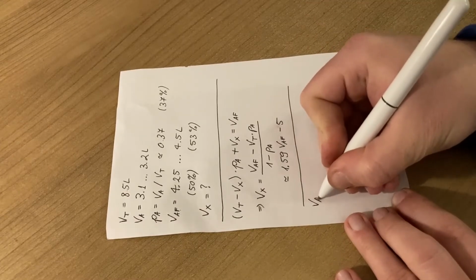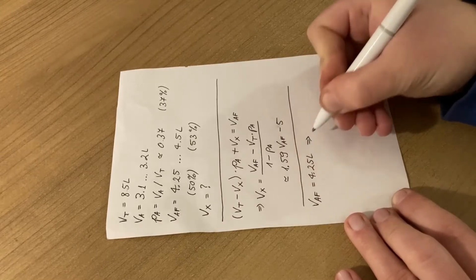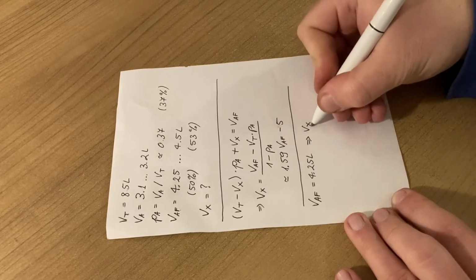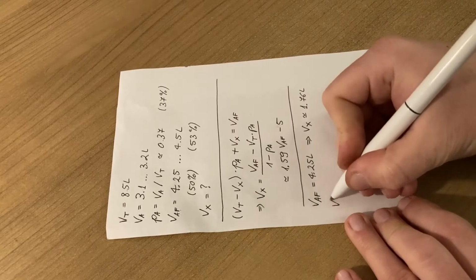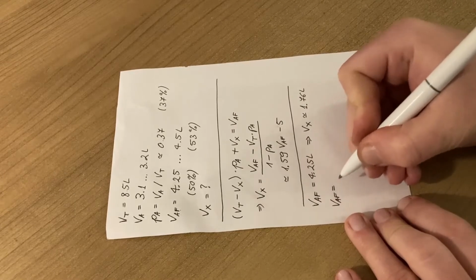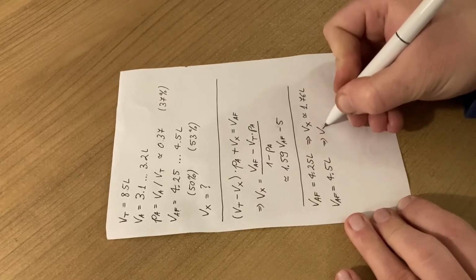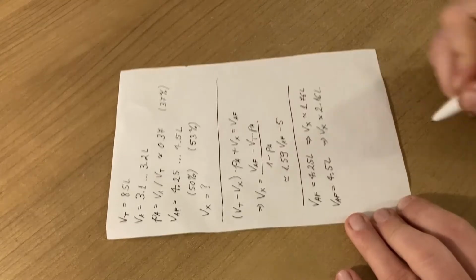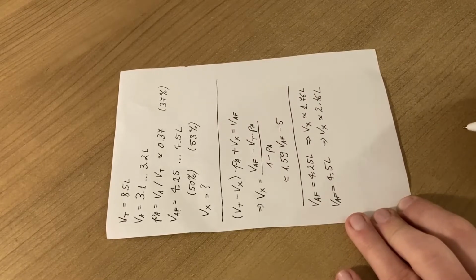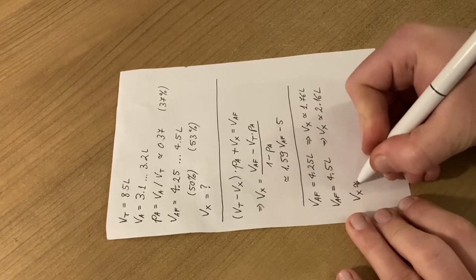Cool, so let's plug in some numbers. If we want VAF to be 4.25 liters, that means Vx will be approximately 1.76 liters. If we want VAF to be 4.5 liters, then Vx will be approximately 2.16 liters. Which is pretty nice, because for the sake of simplicity, we're going to aim for Vx of approximately 2